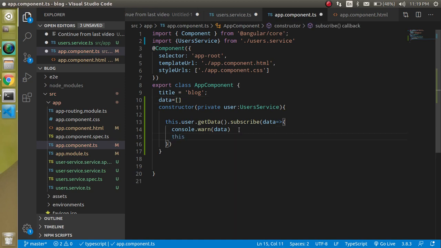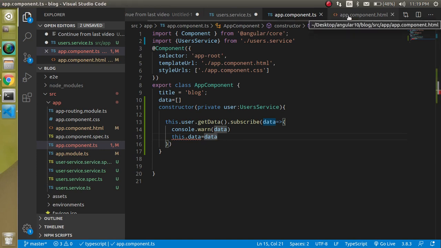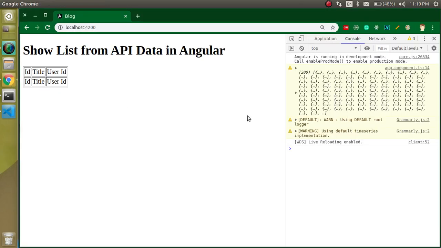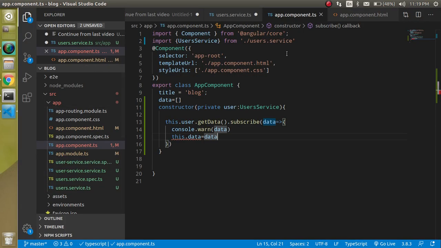Now use this.data to hold the data, right? This.data belongs to that property, and the data is just coming from the API, right? So after that, let's come to the app.component.html and apply a for loop on this data, because we have 200 data items, so we can easily apply this.